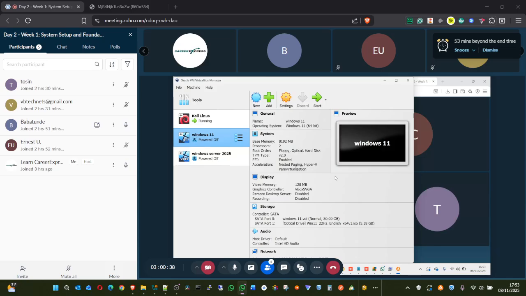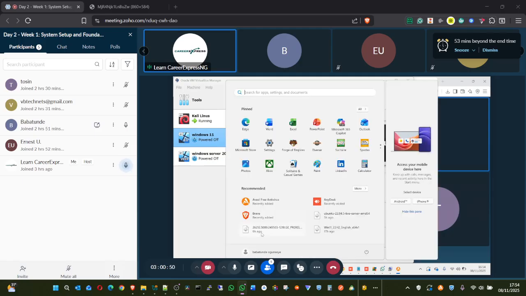Okay. How many gig is your computer? How many gig RAM? I think it's 16. Okay. Then click on that Kali Linux. No, not that one. Kali Linux, the one that is running on the VM. Okay.